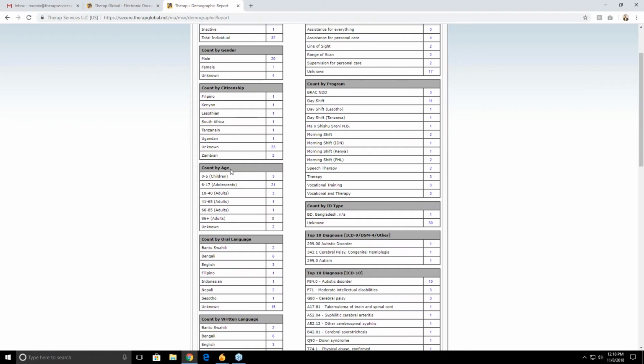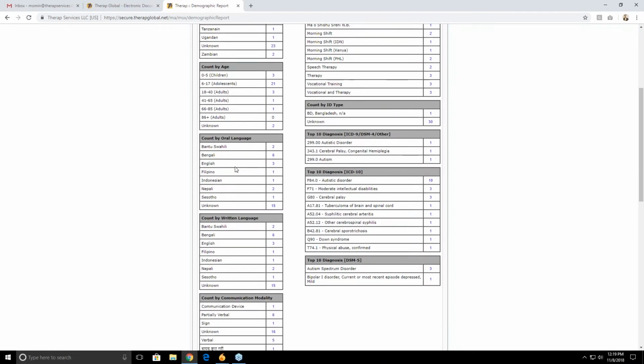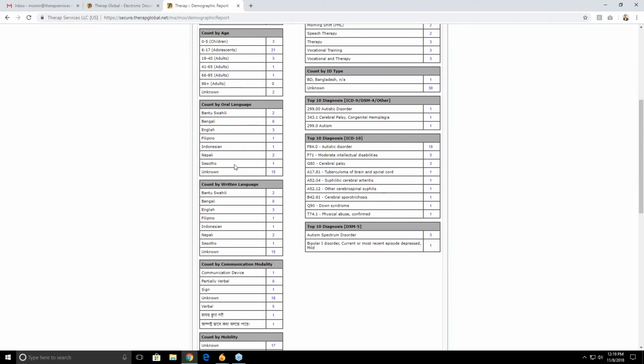So we don't have to update the age all the time. We just have to give the birth date of an individual, and the age is automatically generated in the demographic report, showing how many individuals of which age an agency has. And we have count by oral language, the language they speak. We have the count by written language,